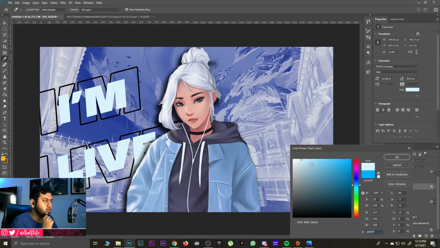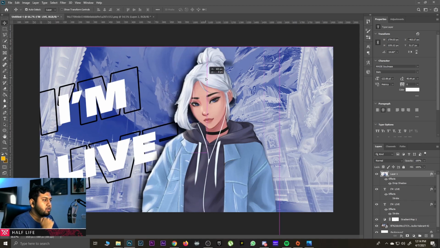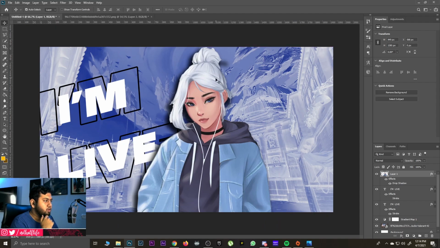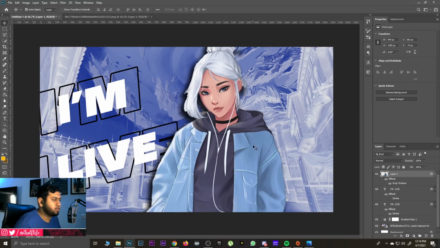I think blue. I think white is perfect. Okay, so we're gonna go for white here. Yeah. Okay. Yeah, this is perfect. Okay, so now that we have almost got the background done and the text done,